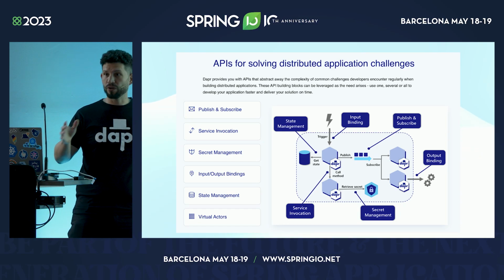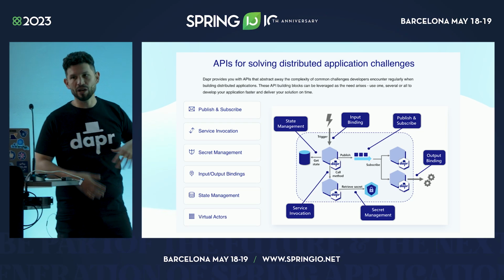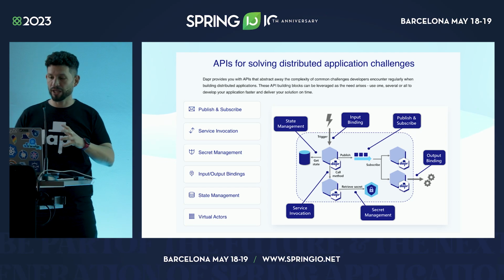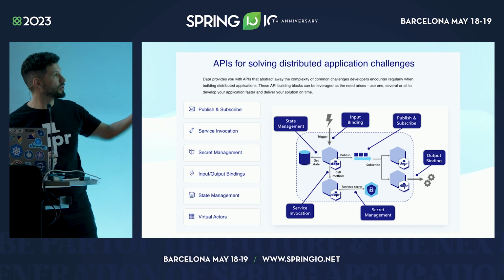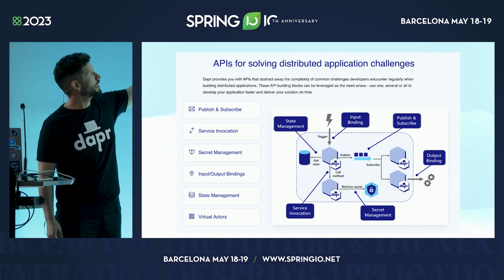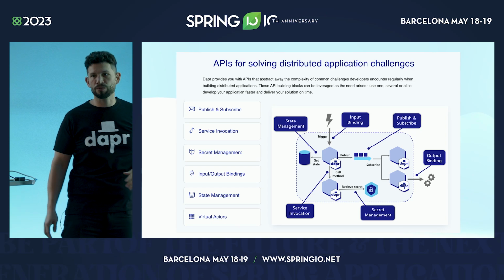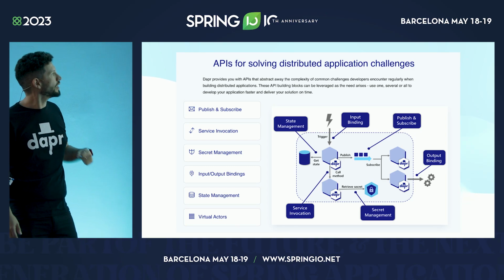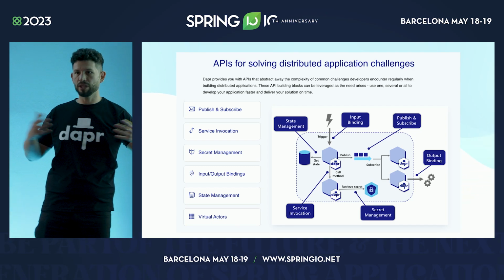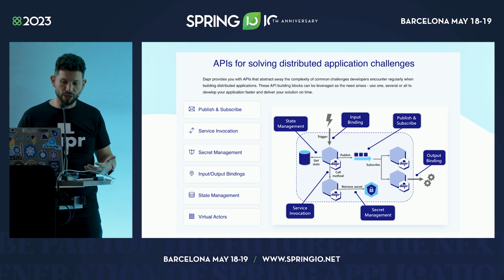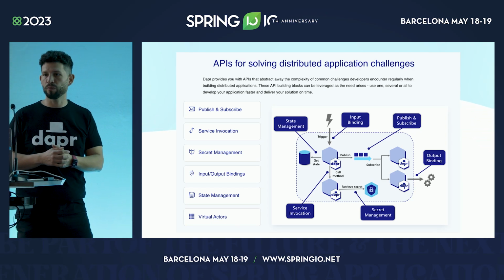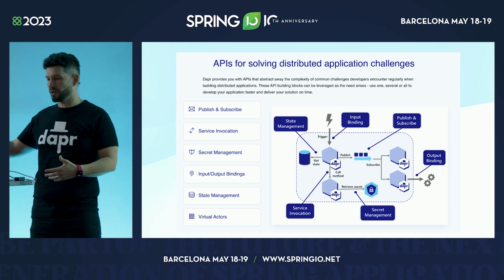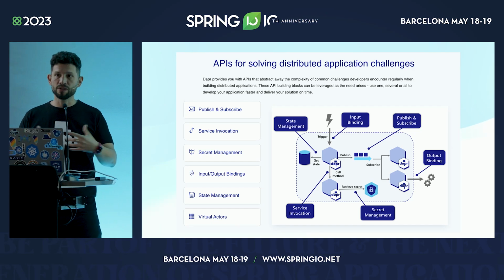Dapr stands for Distributed Application Runtime, and what it does is basically encode a bunch of best practices, and it tries to give you some tools to implement all these distributed application components and patterns that you will need to build for your applications. So you can see here the things that I mentioned at the beginning, right? Publish and subscribe messages, emit and consume events. State management, store a state from your application and read a state from your application. Service-to-service invocation, interact with other applications. And then you have all the things that are pretty common, like secret management, right? You need to read credentials from somewhere to run your applications and connect to different services. Input and output bindings for connecting to external and even internal APIs, adding all the resiliency policies and all that stuff.